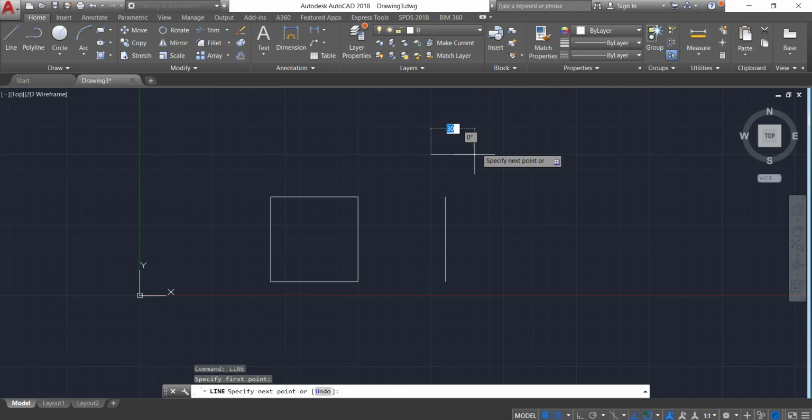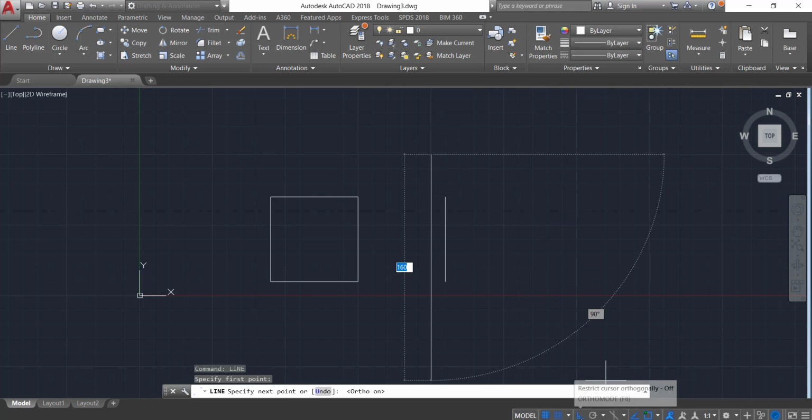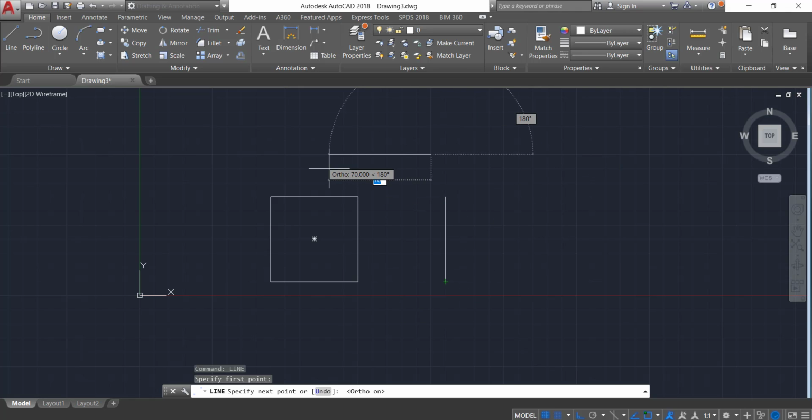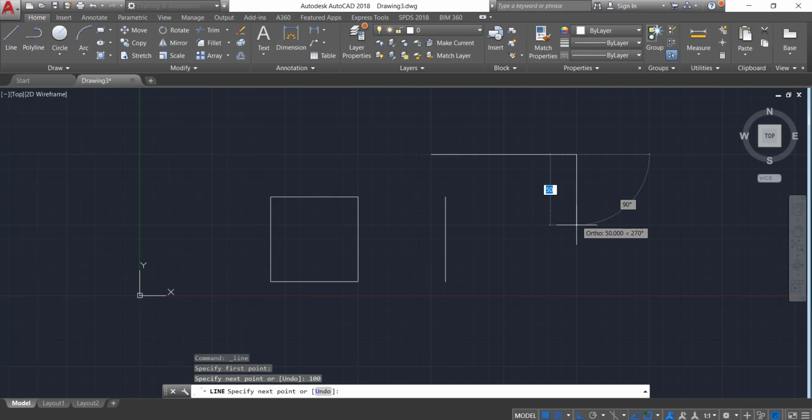Now if you want to work with a straight line, switch on the ortho mode, and you can see our line will be either horizontal or vertical. To draw a line of, let's consider, 100 mm, you can type the distance as 100 and hit enter. Here you can see our line has been created. Now if you want to draw another line perpendicular in a downward direction, in a similar way you can enter the distance. Let's consider it to be 150 and hit enter.